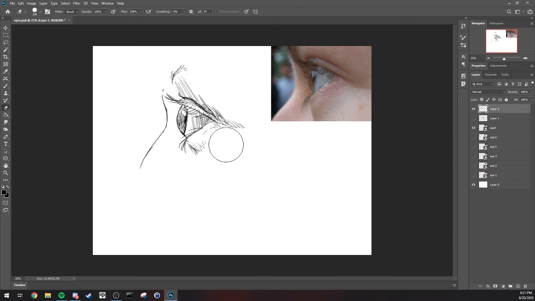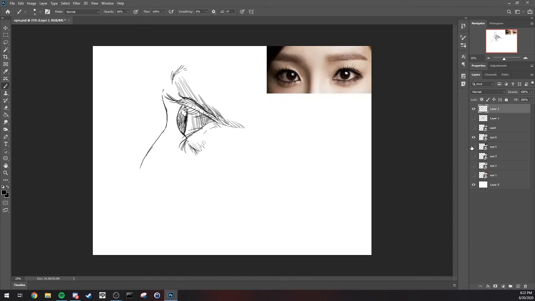So definitely want to make sure that you find a couple that are going to be in this particular view, just because it's good to understand the underlying anatomy and to understand how, this is literally a ball that sits inside of that socket and how it's interacting with that socket, how it works with the lids, how eyelashes actually show up on the eye itself, all very important things. So we're going to do real fast